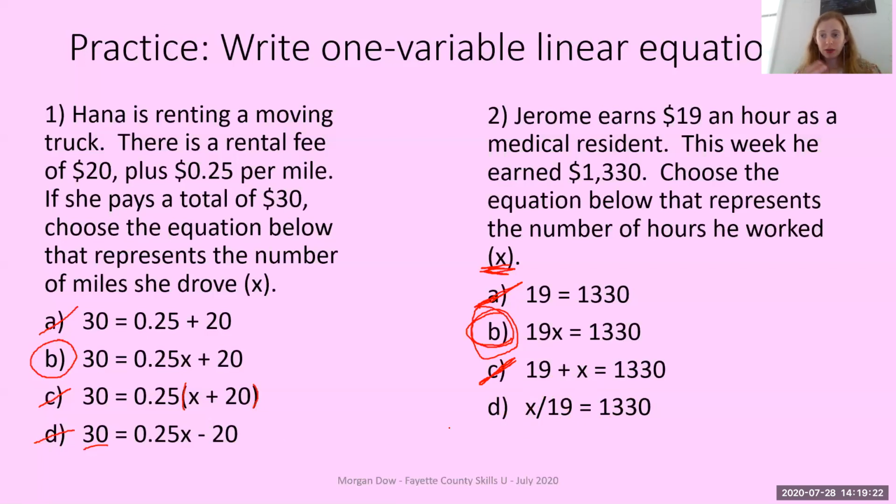Those of you who have some experience with solving equations may have been tempted by the division, because you might have been thinking, well, in order to figure out the number of hours that he worked, we'd have to take the total amount and divide it by his hourly rate. And you would be correct in thinking that. However, this problem is not asking you to figure out how many hours he worked. It's asking you to choose an equation that accurately represents the situation. So it's true that,